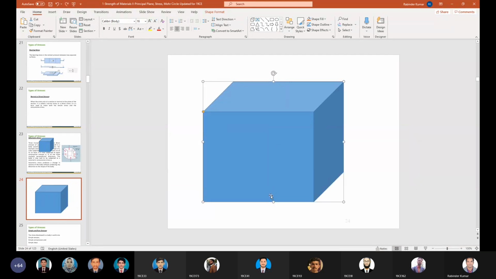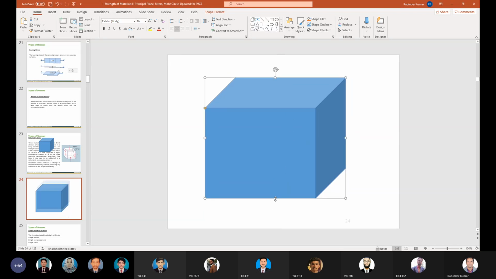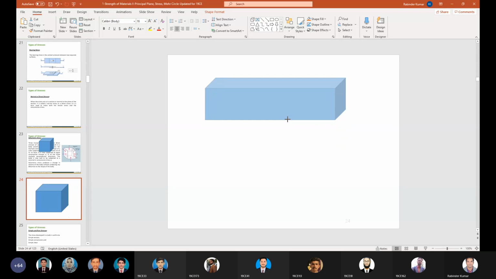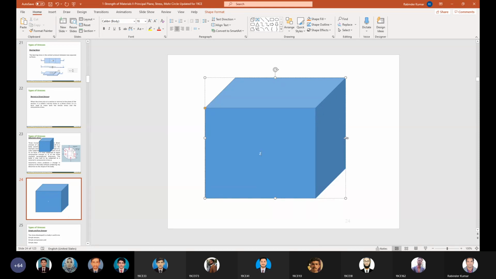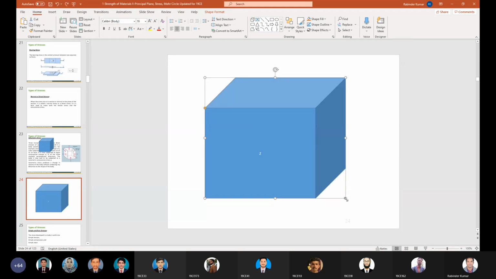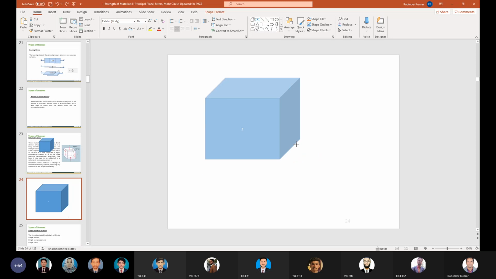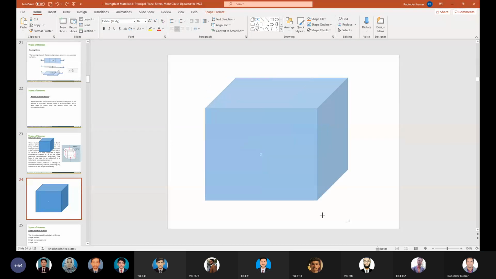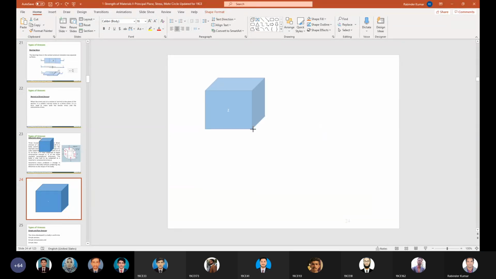अब दूसरा देखें, अगर मैं इसको shrink करूँ, only the force is applied on this one direction. अब ये देखें, so now it is changing the shape as well as the dimensions. Are you getting it? Similarly, अगर मैं इस तरफ से इसको shrink करने की कोशिश करूँ, so now it is changing the shape. But if I am trying to shrink this object from all three directions simultaneously, so the shape will remain same, only the volume capacity will differ. Either it will increase or decrease. Got it?